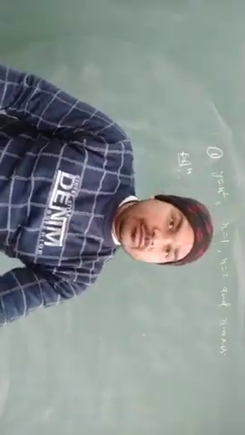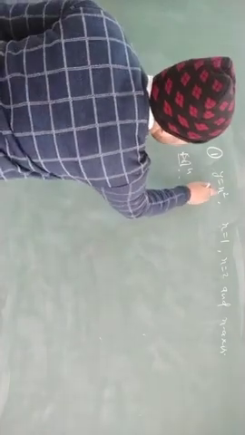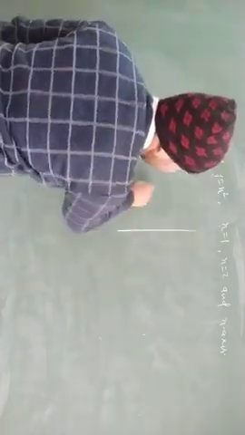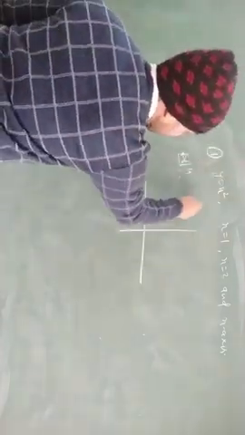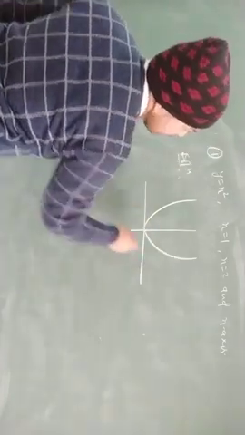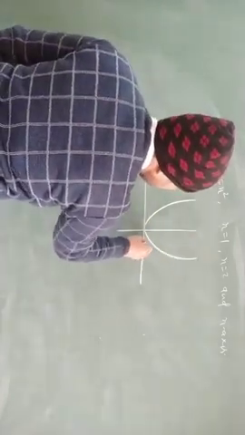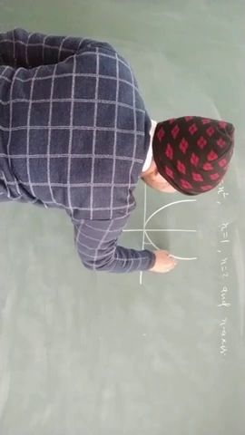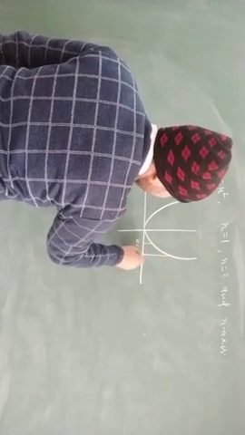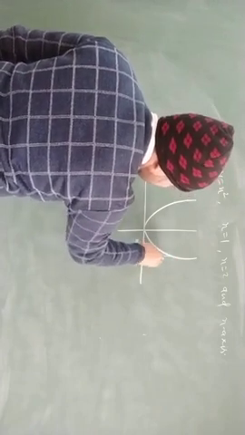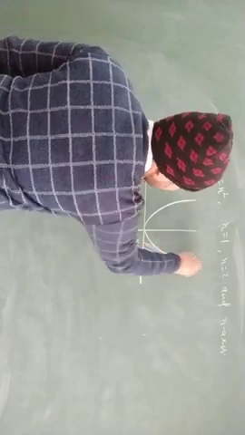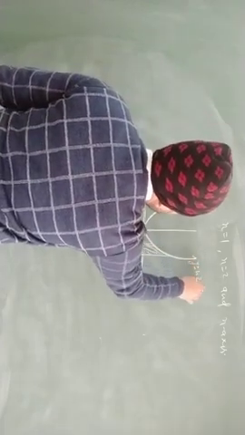First of all, find out the bounded region. For the negative and positive value of x, y is positive. Now x is equal to 1 and x is equal to 2. This is the region. This is the region we find out. This is the curve y equal to x square.